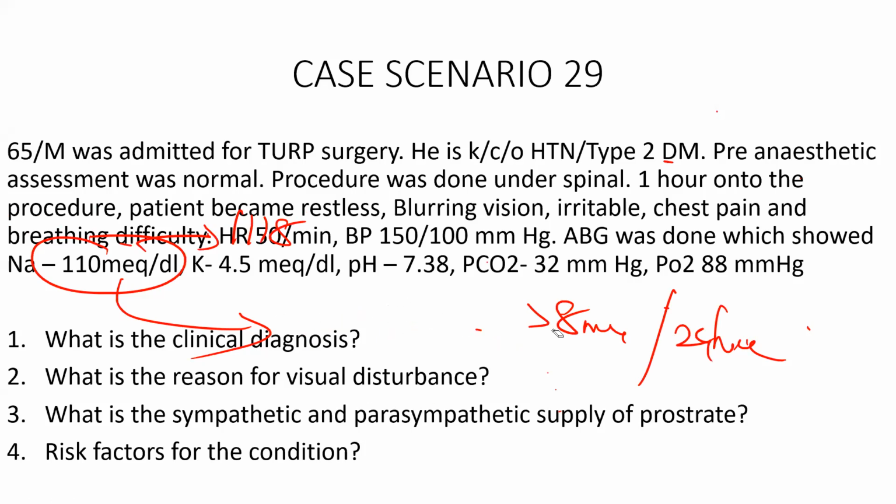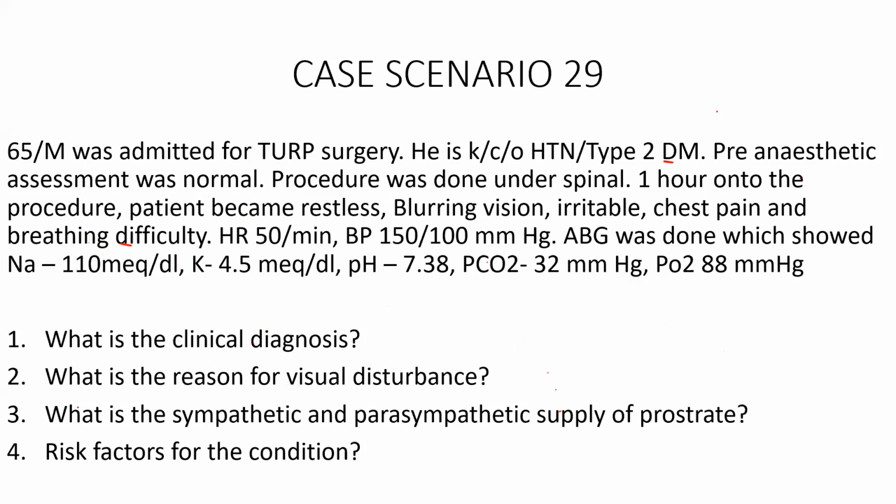Apart from hypertonic saline, what are the treatments you can try? This patient has CNS symptoms and breathing difficulty, so we can give some diuretics. You can give some furosemide to produce free water loss so that the patient's sodium can get back to the normal range. Good. Any questions in this station? The rest is all about TURP. Since it's a short case, you might be knowing many things, so that's why I didn't get into the discussion part. Good. Next question.